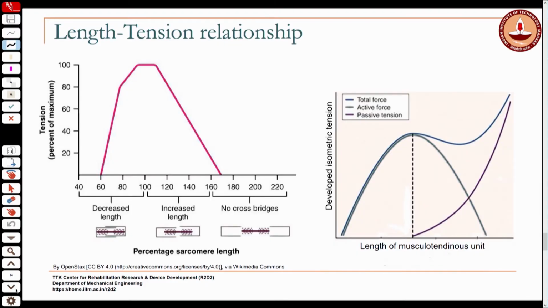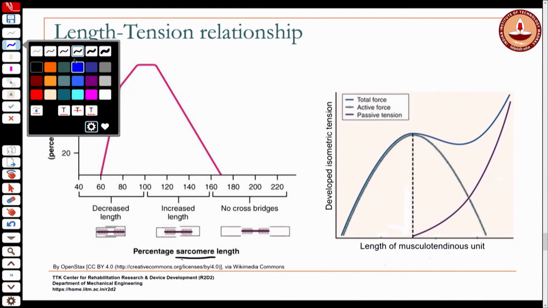So, if you look at the one on the left, this is for the individual sarcomere, that you have the length tension relationship, and the sarcomere is essentially your active contributor to the tension. So, when it receives a signal from the nerves, then you have the active sliding happening between just the active portion of the muscle. Okay. So, if you look at the